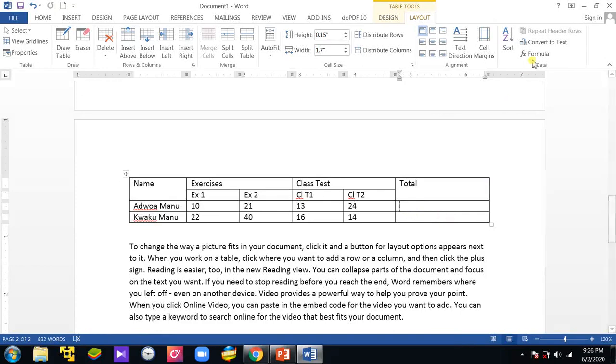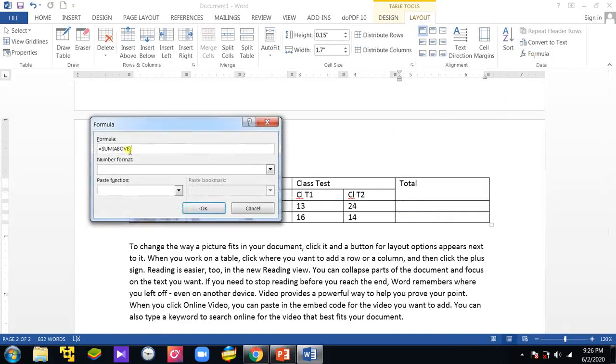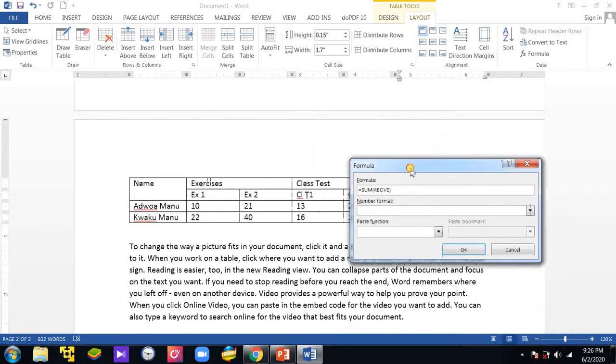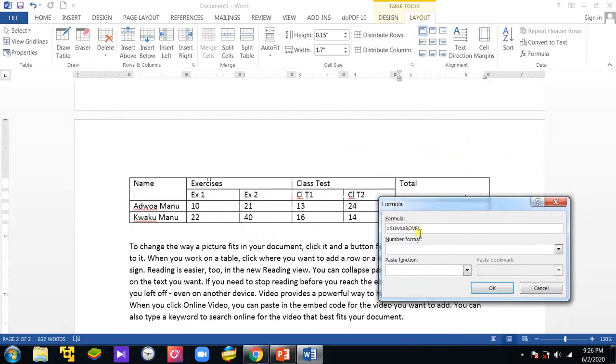Okay, so instead of above, I want the values on the left to be used. So I'll delete the above and then type left. Okay, and then